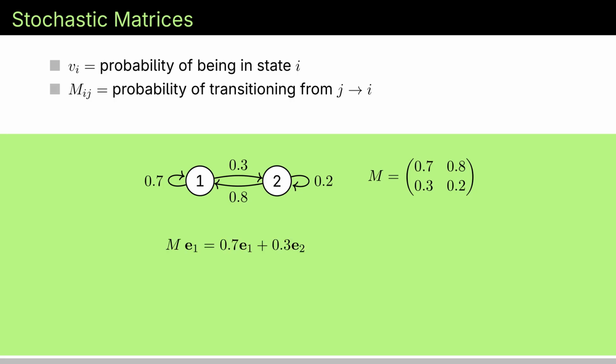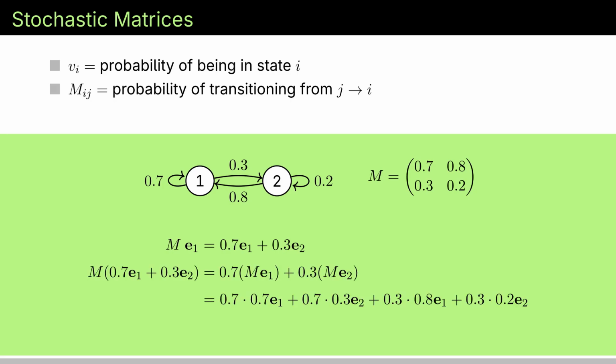Suppose we start out definitely in state 1, which we represent as just e_1, and then apply our operation M. The result is a probabilistic situation where we have a 70% chance of being in state 1 and a 30% chance of being in state 2. If we're interested in what happens if we apply our operation again, we just multiply the result by our M again and do some linear algebra, here literally just distributivity, to ultimately get a 73% probability of winding up in